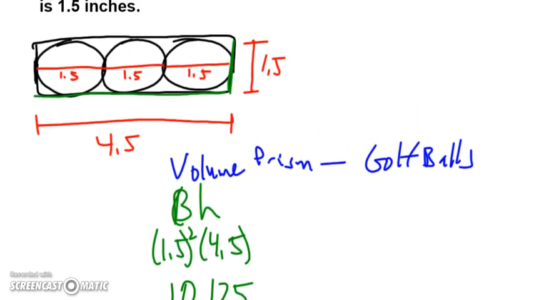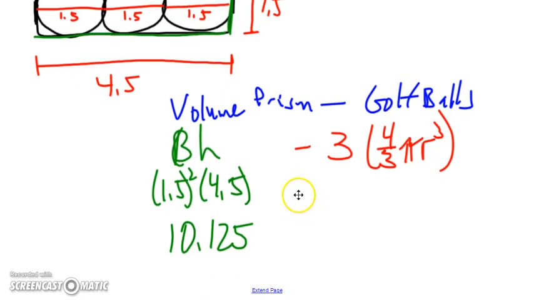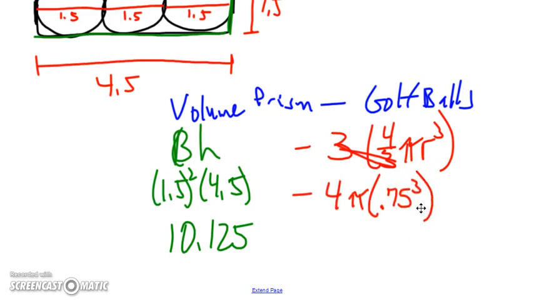Now we need to take away the space that the golf balls take up. So the golf balls, they're each their own sphere, but there are 3 of them. So we need to take away the volume of 3 spheres. And the volume of the sphere, remember, is 4/3 pi r to the third power. So in this case, we're going to have the 3's cancel, just looking at 4 pi and then a radius of 0.75, since the diameter is 1.5. So the third power. And when we multiply 0.75 to the third power by 4, we get 1.6875